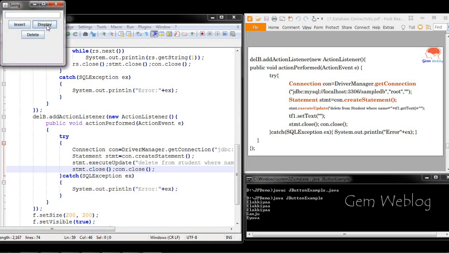Now first we will display it. Now we are going to delete Ilakya first. Now we are going to display. So all the entries of Ilakya have been deleted from the database. Now if we want to insert Ilakya, I am going to insert it. See here, you can see that even after the information has been deleted, the text field has not been